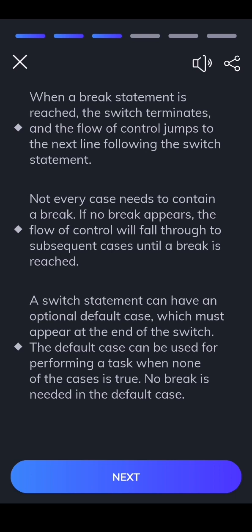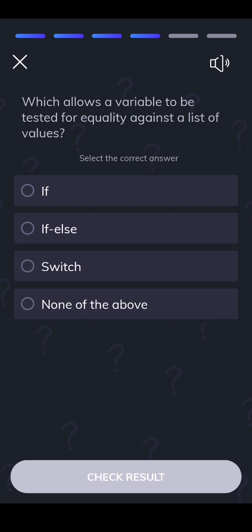A switch statement can have an optional default case, which must appear at the end of the switch. The default case can be used for performing a task when none of the cases is true. No break is needed in the default case, which allows